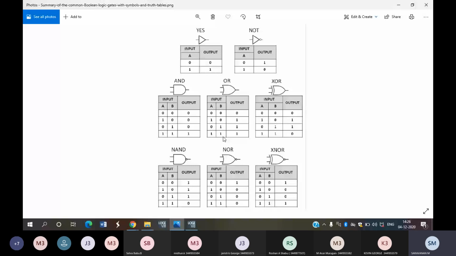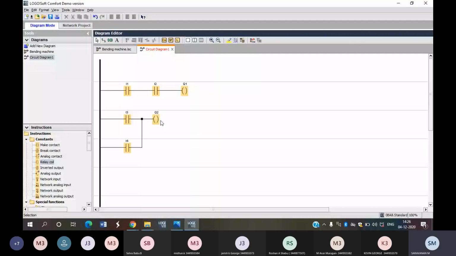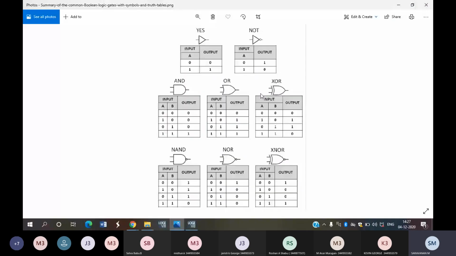Let's see whether it is working under this condition or not. If the condition is satisfied, they will give full marks. If it is not satisfied, they will reduce the marks. So inputs I3 and I4, let's check on the simulation. As our friend said, the formula is A plus B. So 00 gives output 0, 10 gives output 1, 01 gives output 1, and 11 also gives output 1. So in three cases it has to blink, right? That means yes or no?